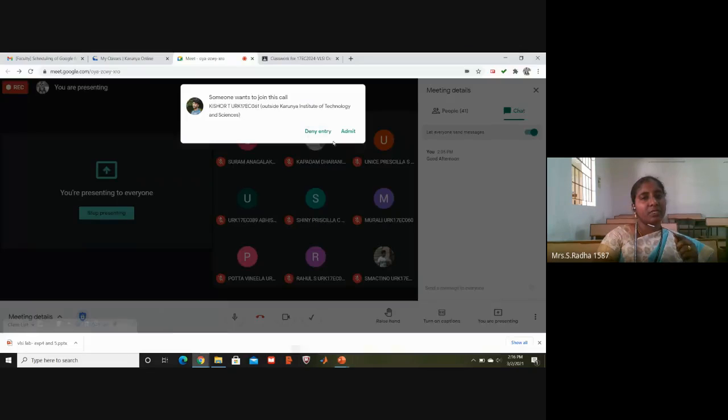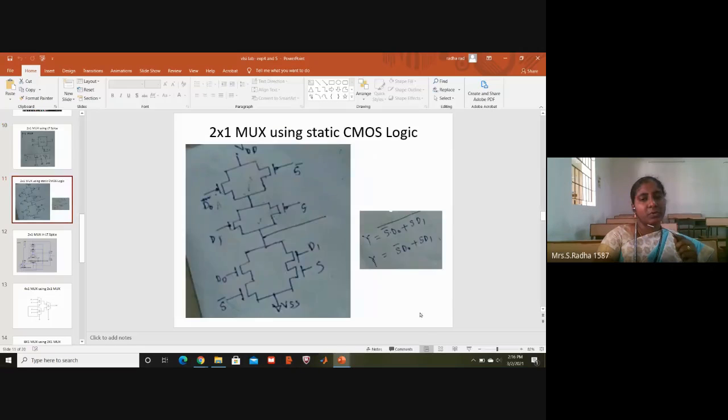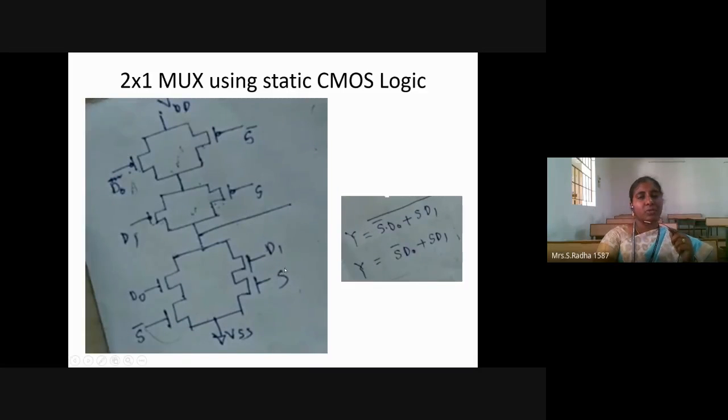Again, that is an AND operation. So I will put the two transistors one below the other on the right side. If you see D1, yes, I am putting one below the other. And I am putting the structures in parallel. So this plus symbol will come because I am putting them in parallel.